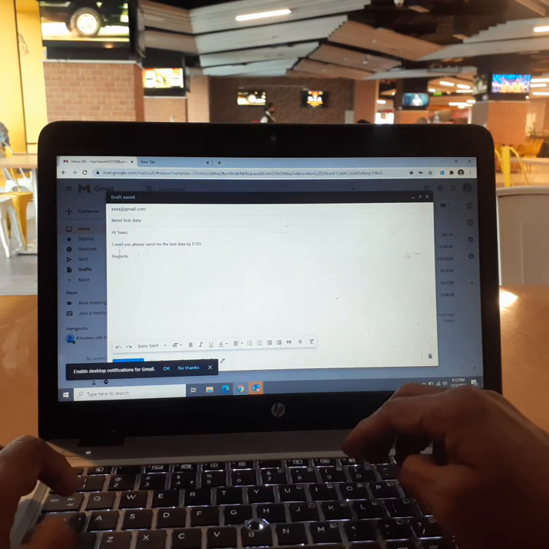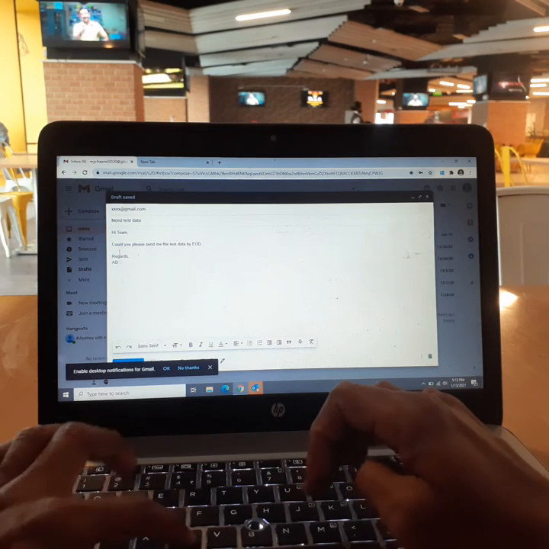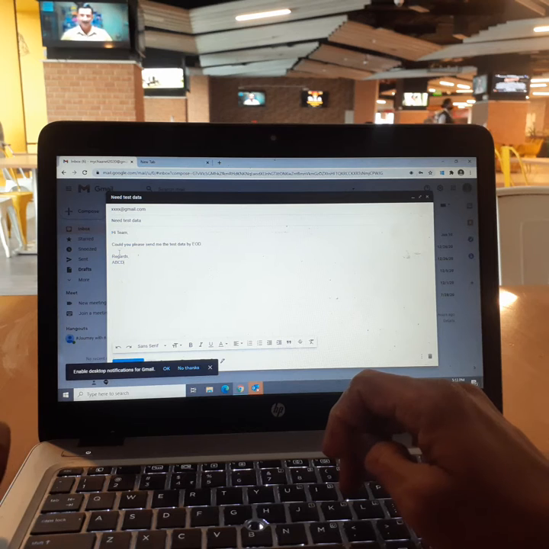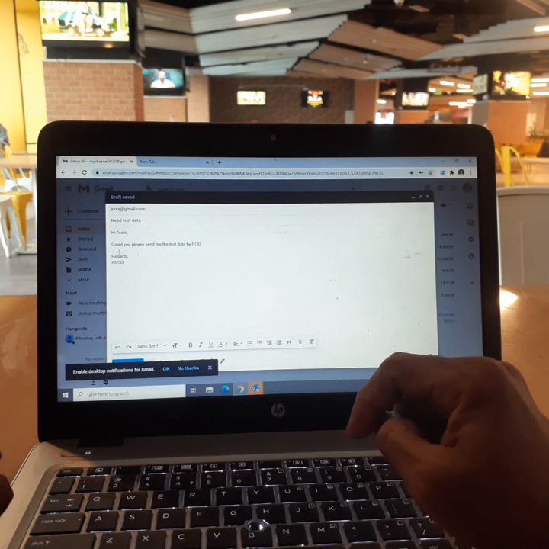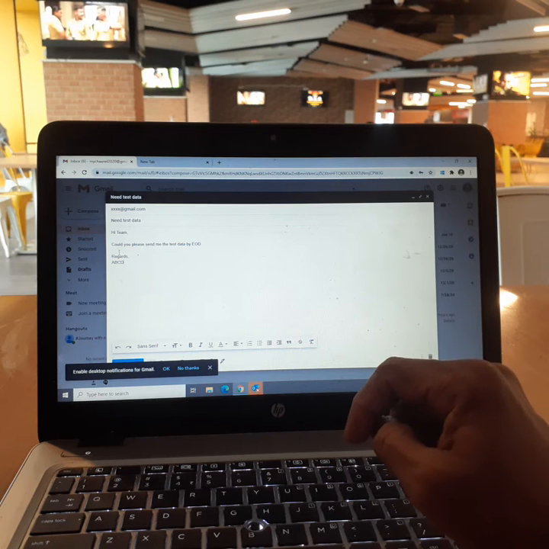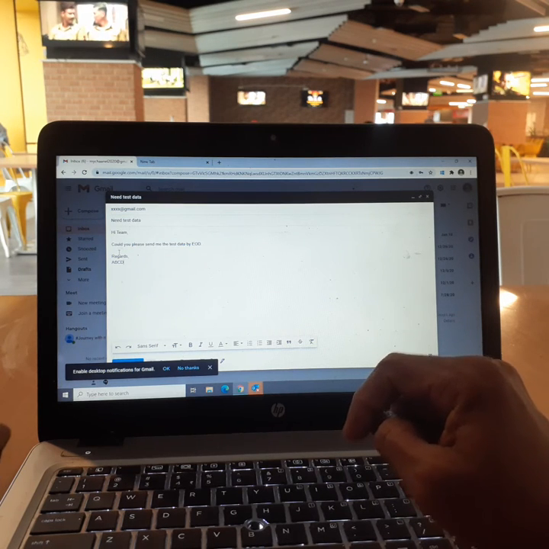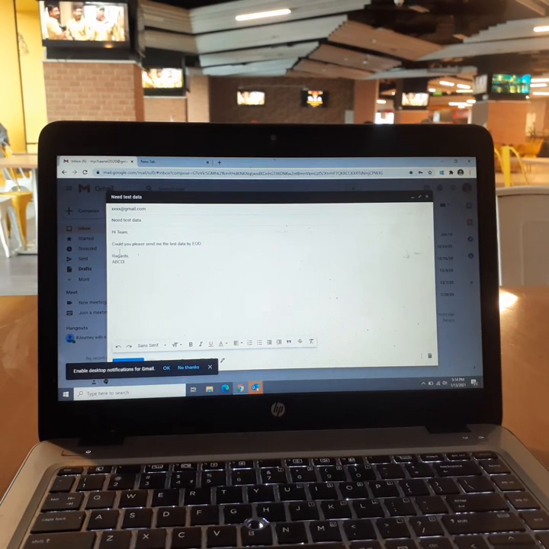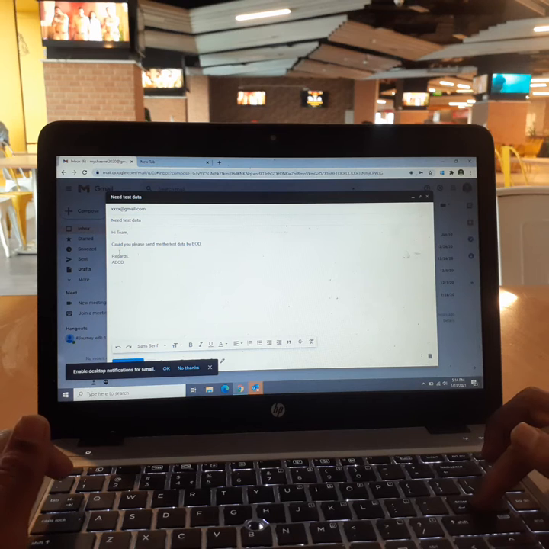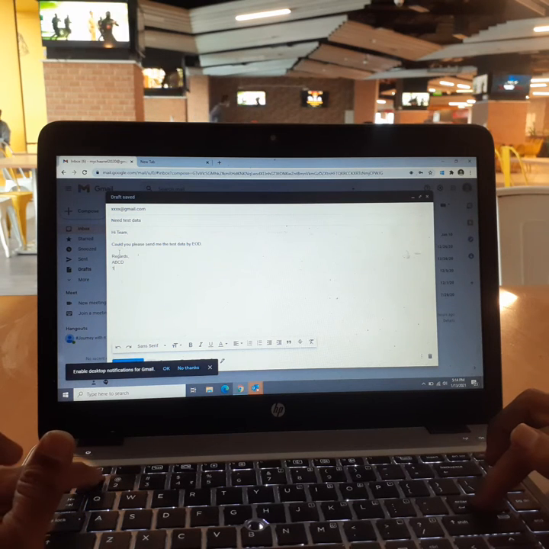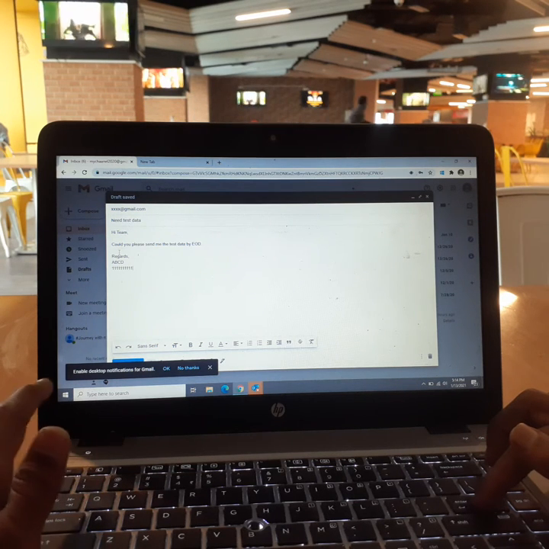Everybody gives a different signature. If you want, you can give your mail ID, your name, your mobile number, your organization name, everything. If you want to keep it simple, just write thanks and regards, and give your name and mobile number like this.